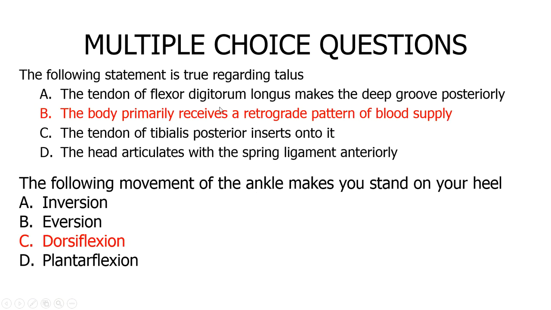The following statement is true regarding the talus: the body receives a retrograde pattern of blood supply. This is true. Remember, the talus receives blood from the vessels coming through the neck of the talus, and then it passes from distal to proximal. So natural anterograde supply is proximal to distal, and so if you have blood supply coming from distal to proximal,